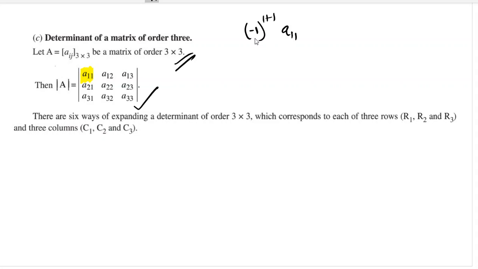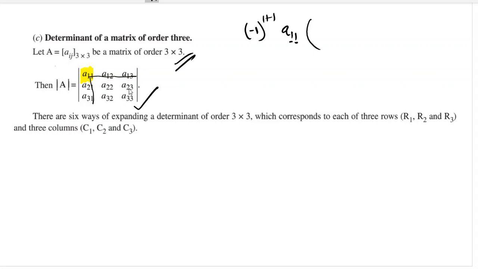See, minus 1 is, you can say, a usual formality. We always multiply with any coefficient, any number which we are taking. But what is this power 1 plus 1? 1 plus 1 is the number of row and column of this particular element. This element belongs to first row and first column. That's why 1 plus 1, multiplied by... Okay, now you have to delete the first row and first column and cross multiply the